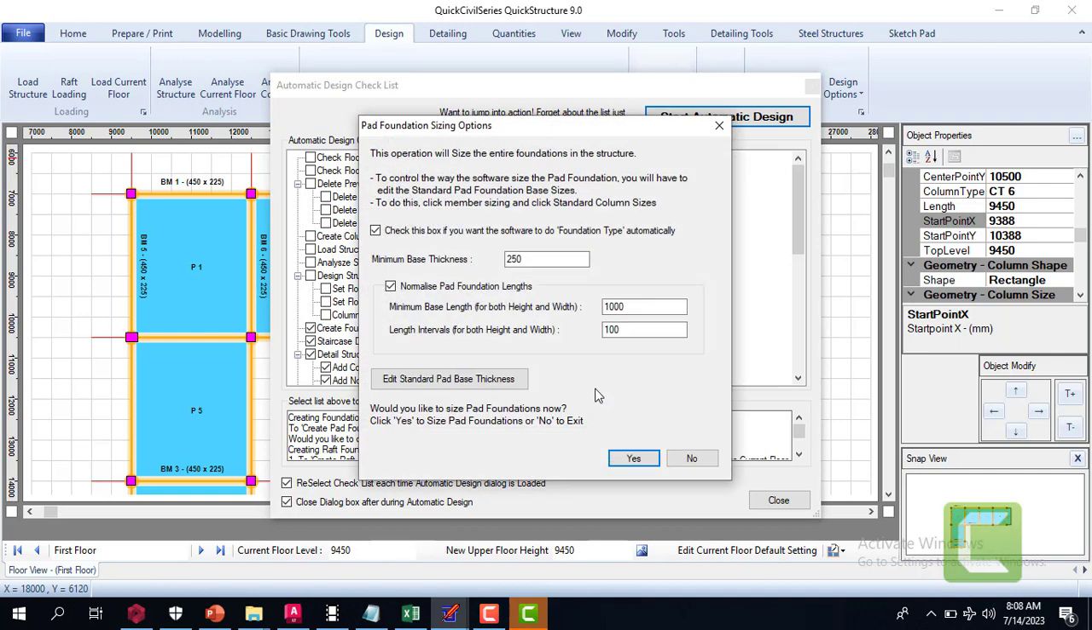and click on yes, and we'll click yes. Okay, then the minimum base thickness, we can just specify this to be 350, and then the minimum base length, I always like to adopt 1200, and then the length interval for both height and width. Now what this means is that whenever this 1200